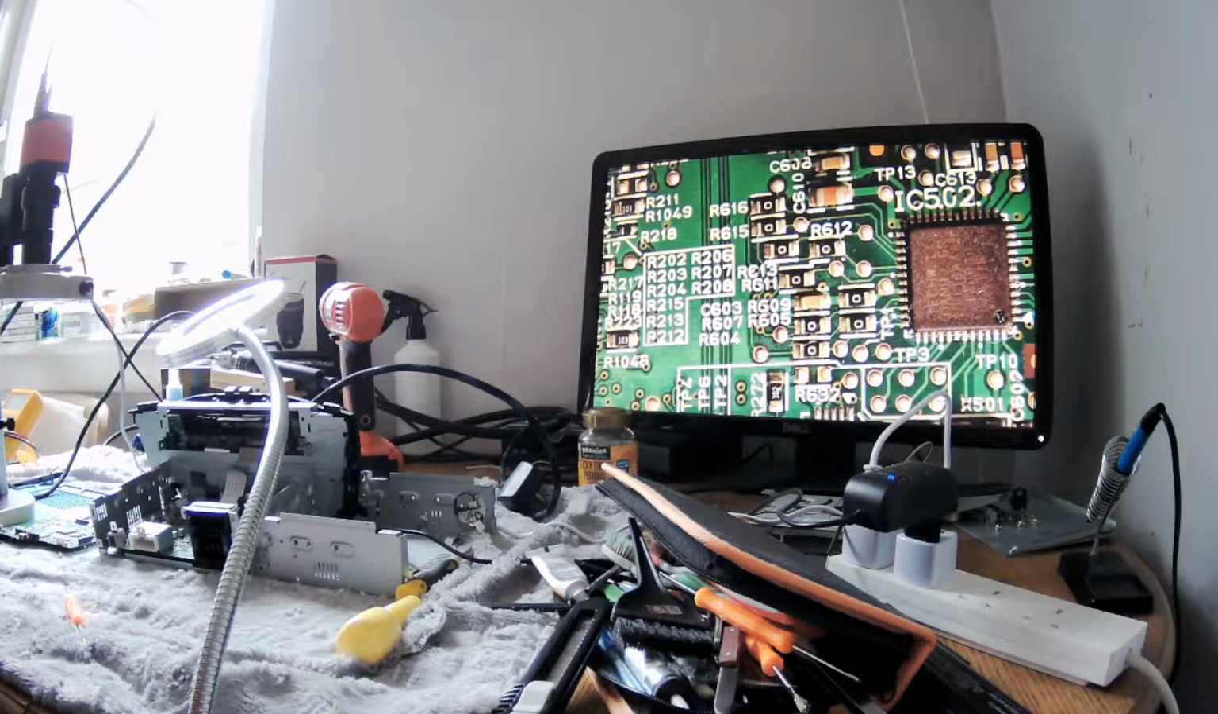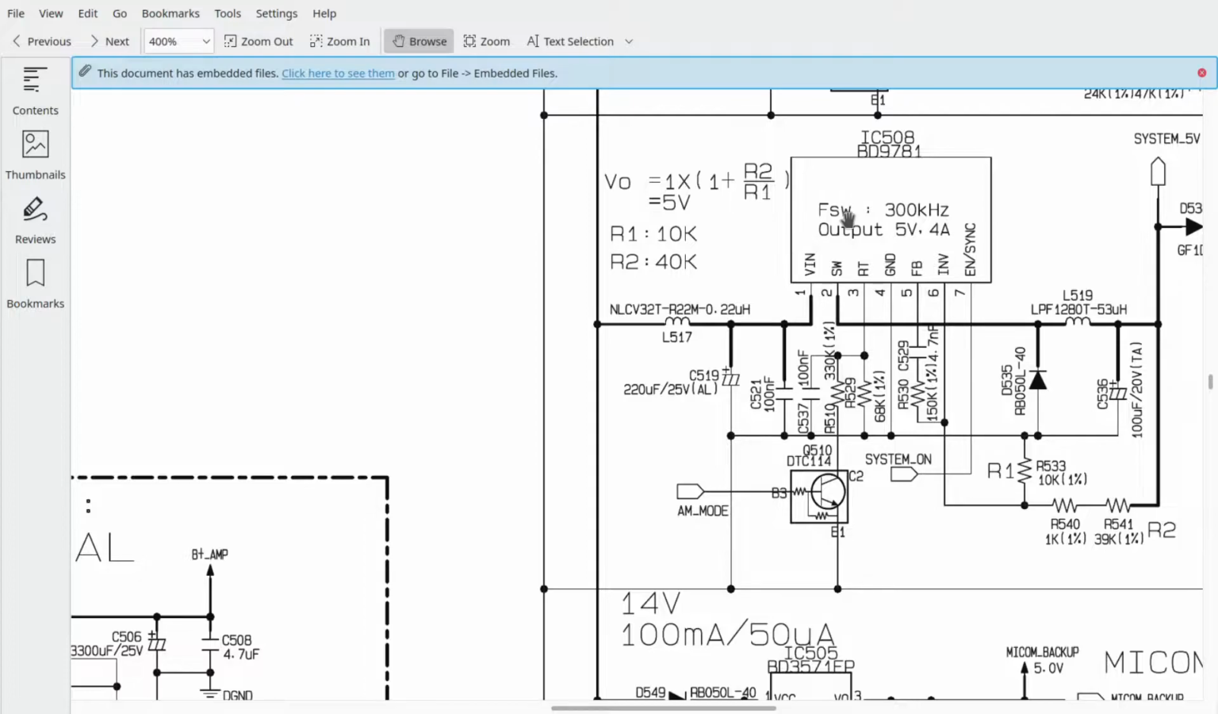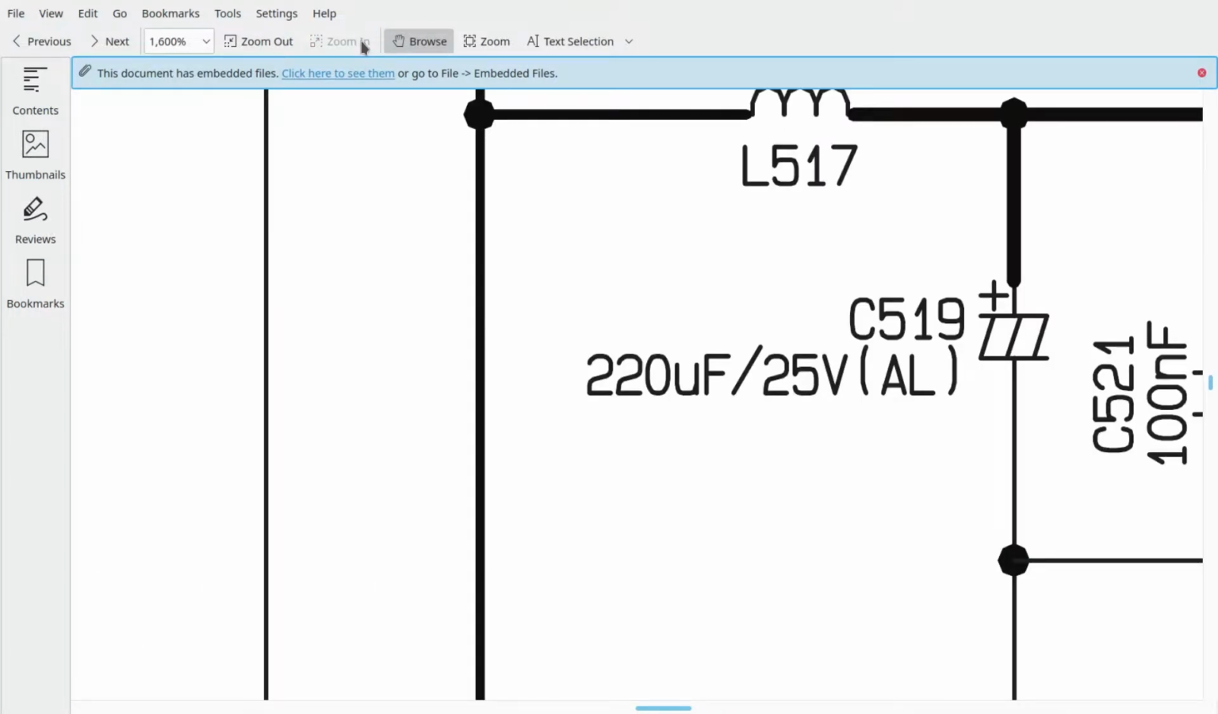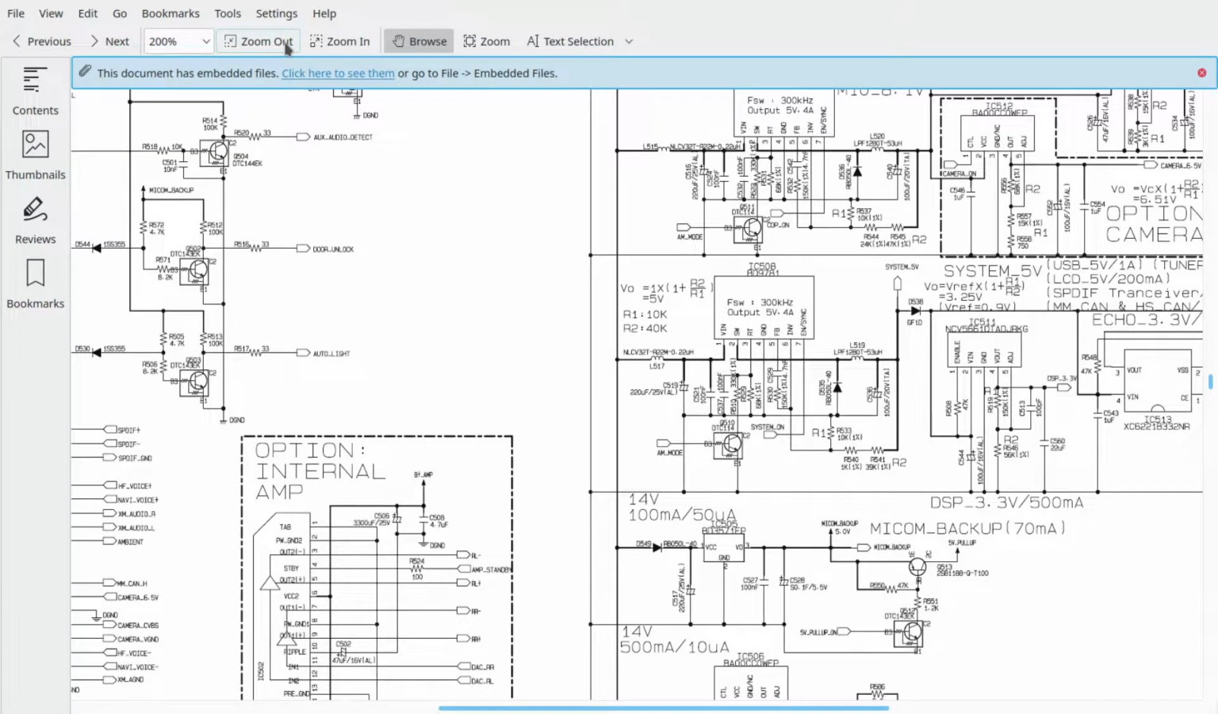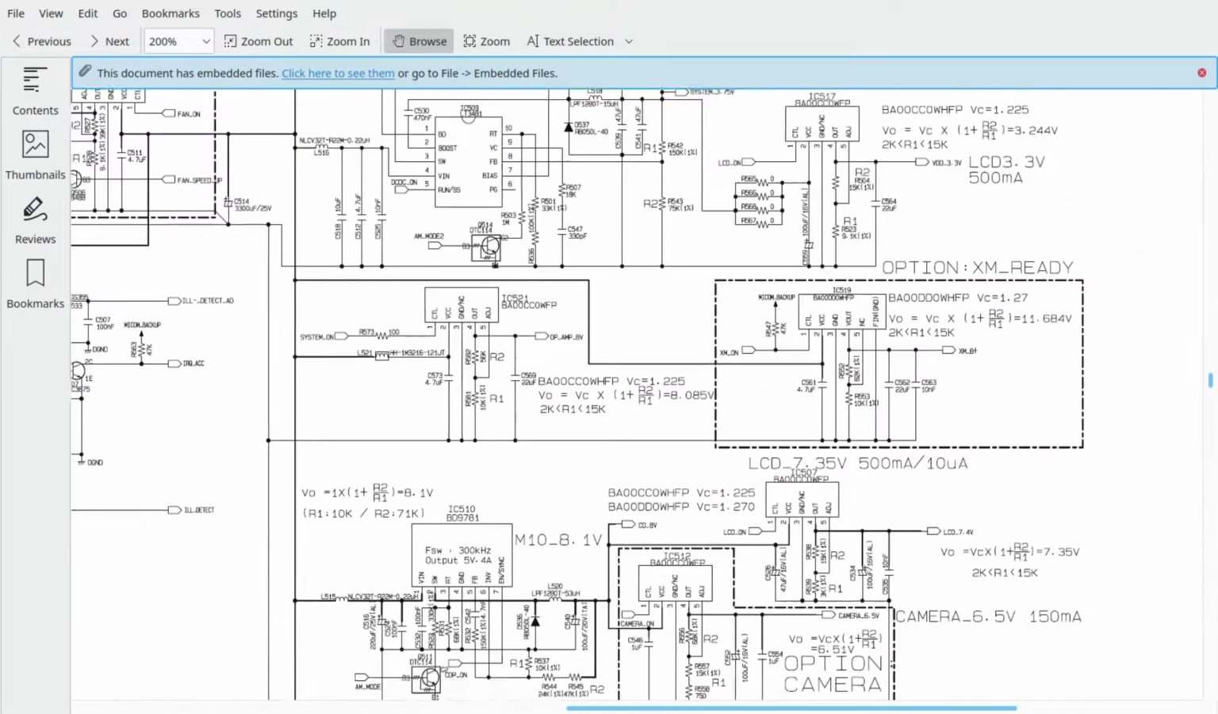So now we can't see. Okay, you don't see the screen, sorry. Okay, now you can see the screen. Oh, zoom in. I meant to do zoom out. Okay, so